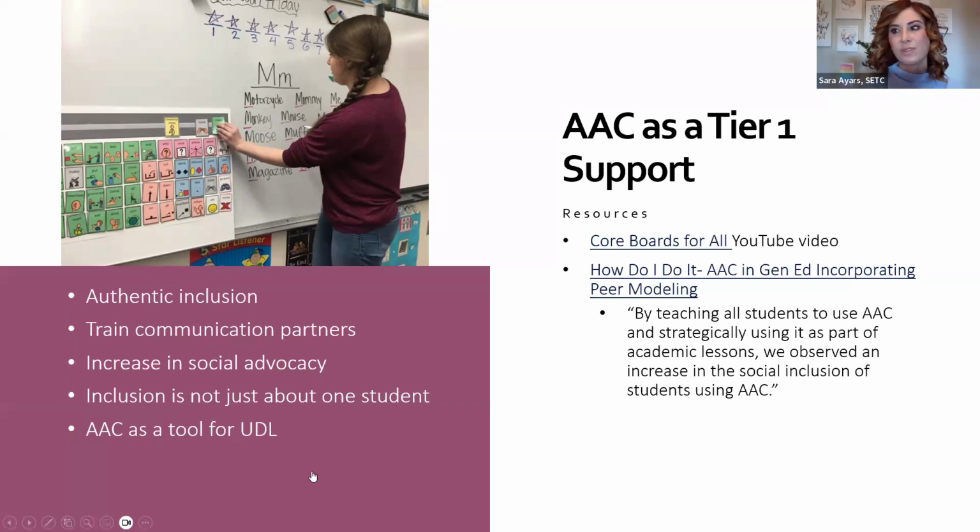Also, inclusion is not just about one student, and this is what we've been talking about. We can consider using AAC as a UDL tool. So here are 2 different resources. This is a Core Boards for All YouTube video, just explaining the idea of using AAC as a UDL tool. And then here's another blog about